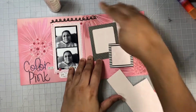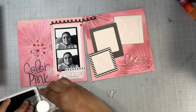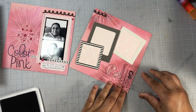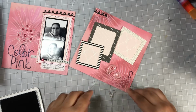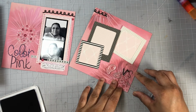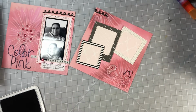They are from Close to My Heart. It's called Hokey Pokey Alphabet. I will go ahead and link that down below. It's a really, really awesome alphabet. There are uppercase and lowercase and other icons in that set as well, and I've been loving using it on this project. So I'm just gonna add faves to the bottom right side of that layout,